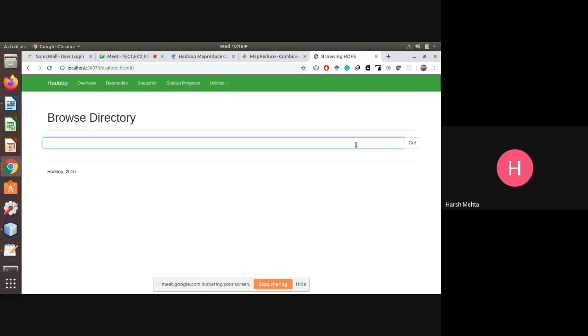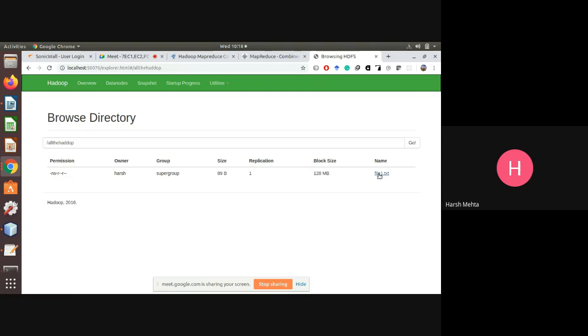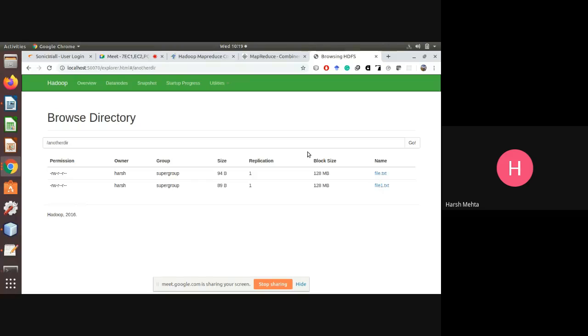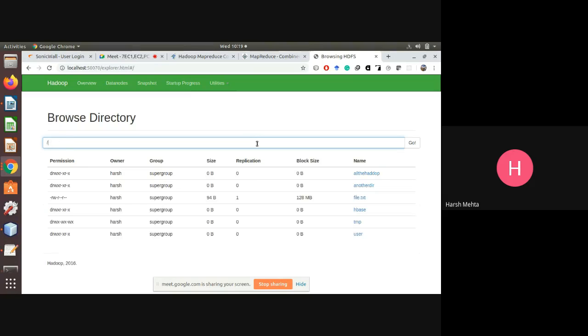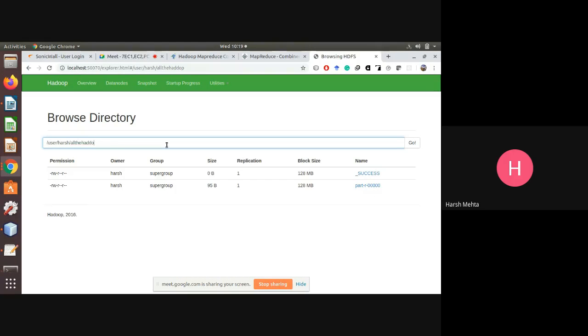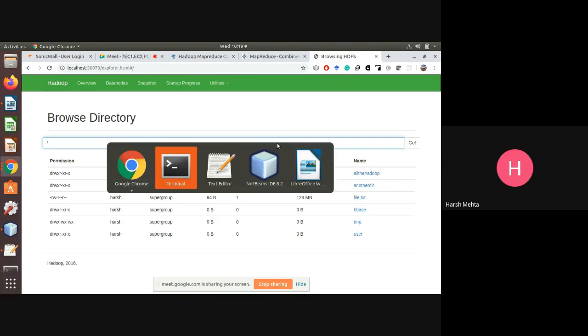Let's see which file we processed last time. Okay, in this root, inside the Hadoop directory, file1.txt was there. Fine. And the output directory, what we have given as output directory, another directory. I think this was the output. No. The output directory is what we gave in user, or all the Hadoop. This was the output directory, right? Okay. Now, in all the Hadoop output, I am going to give the output directory here.